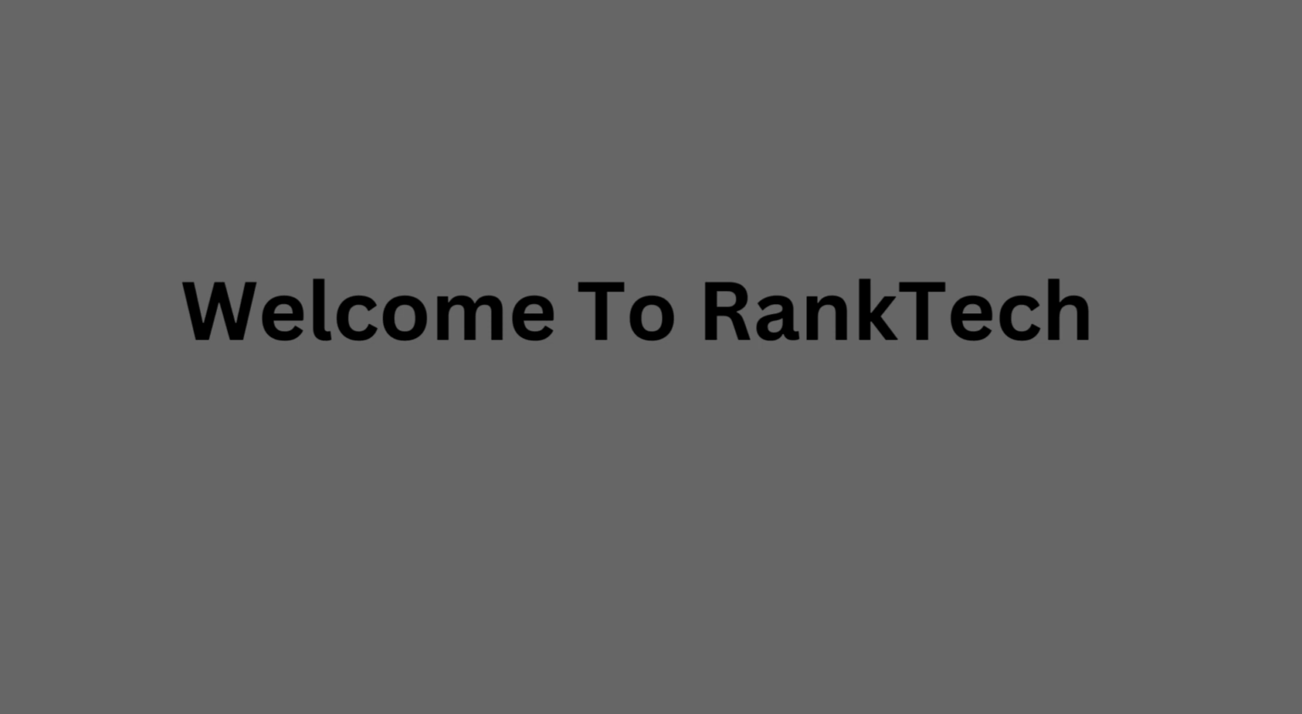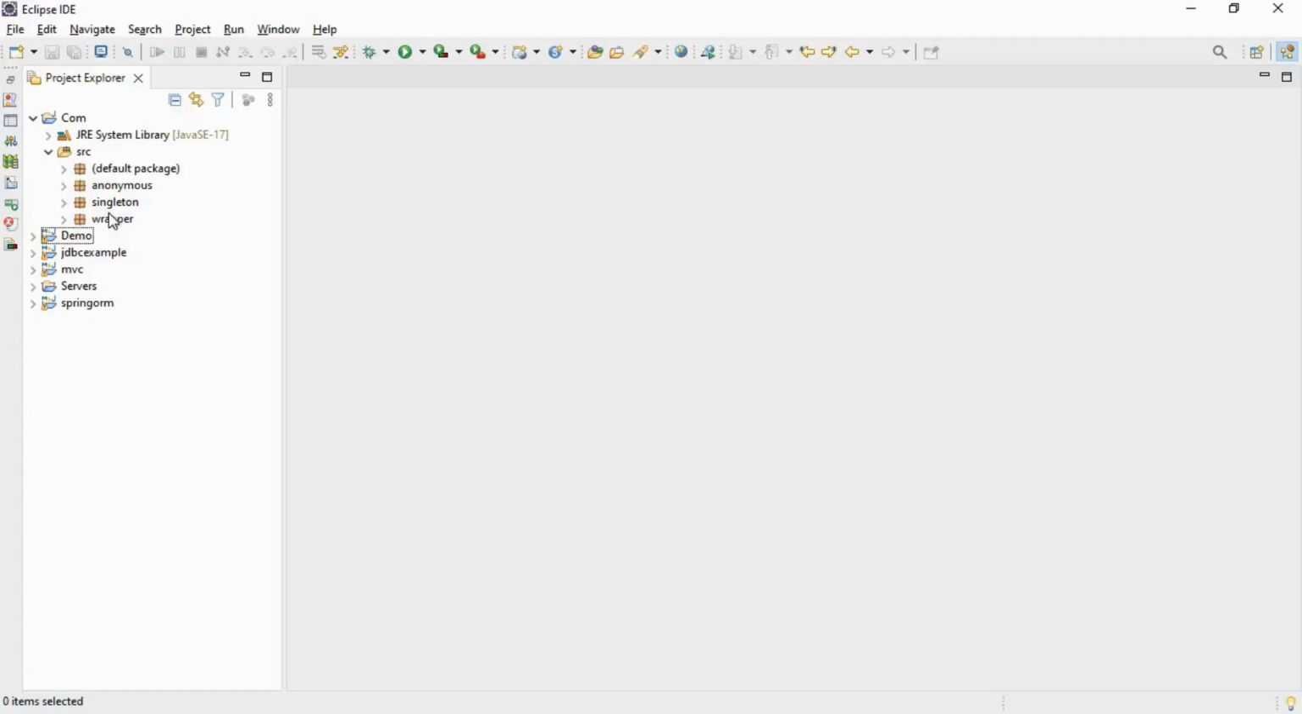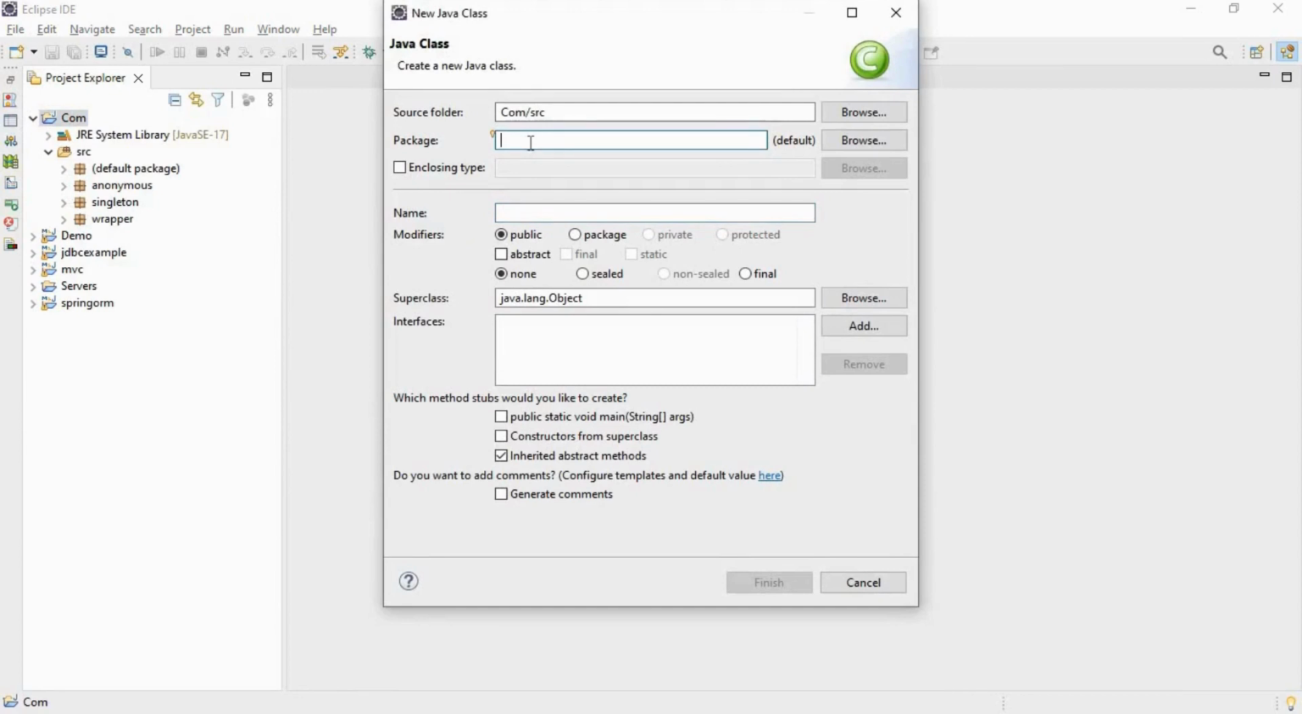In this video, we are going to see what the static keyword is and how to use it. The static keyword in Java is mainly used for memory management. Actually, static helps to manage memory. For example, we are going to see an example of how a common variable is shared between objects using